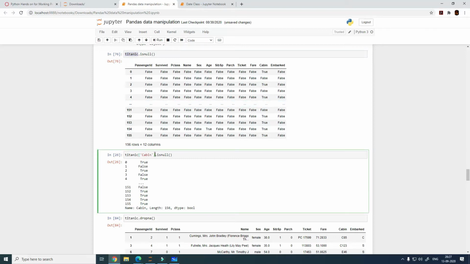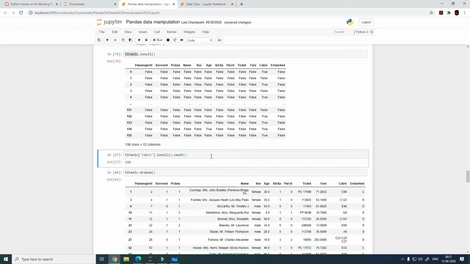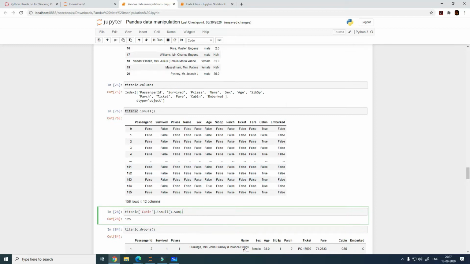We can specify cabin in here and then isNull. And then we can further count them, but count is going to give you the whole count. This is not going to give you just the null count. So what does sum do? Basically, when you do a sum,